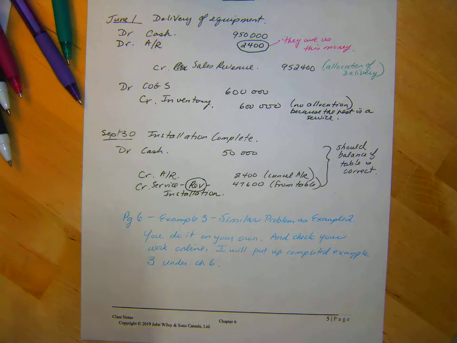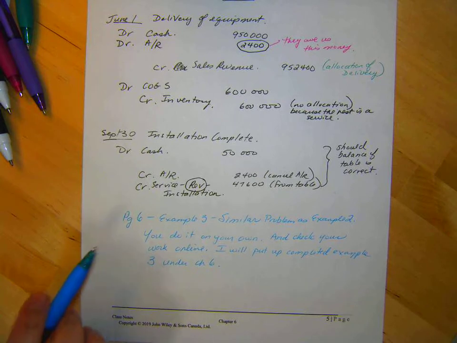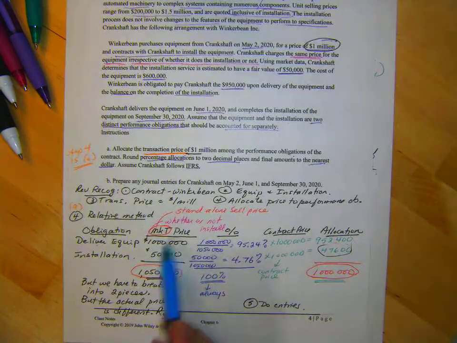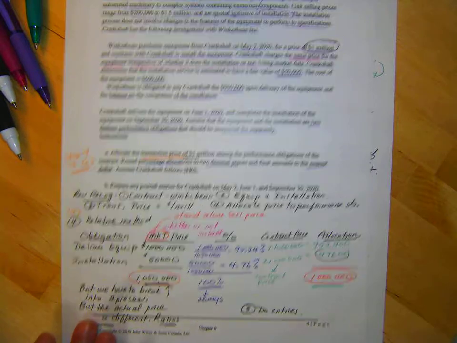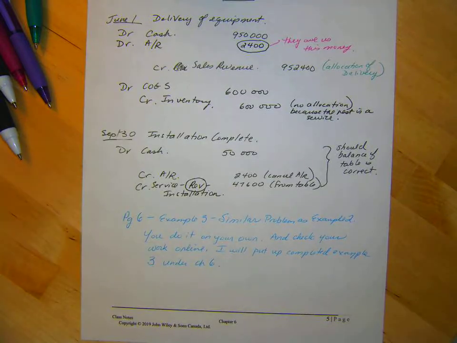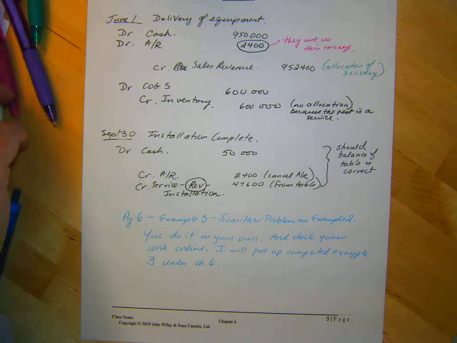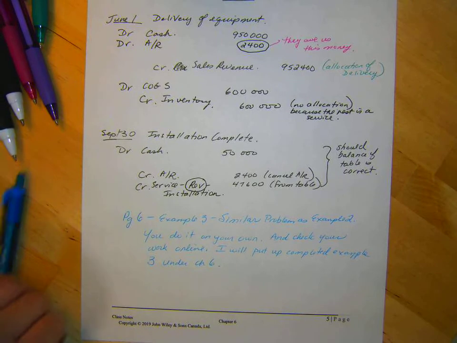Okay, so once you've got this one straight, try doing it without using anything. Okay, get used to the words, especially get used to knowing when you have to split it up. So maybe study this, give it a day or so, and then go ahead and do example 3 on page 6. And then check your work. Okay, so that is example 2, and you'll do 3 on your own, and we will be back with 4 and 5. Okay, see you guys.